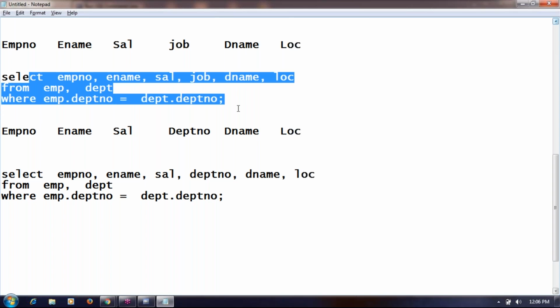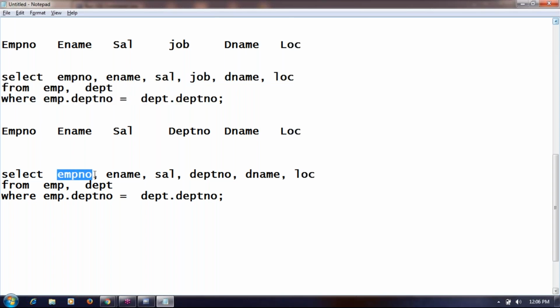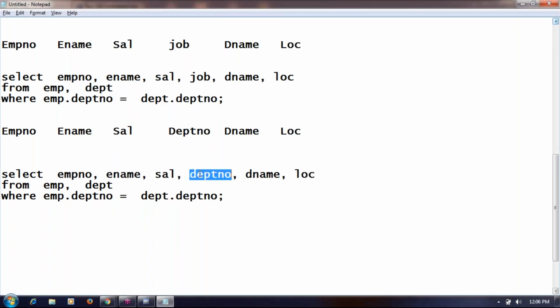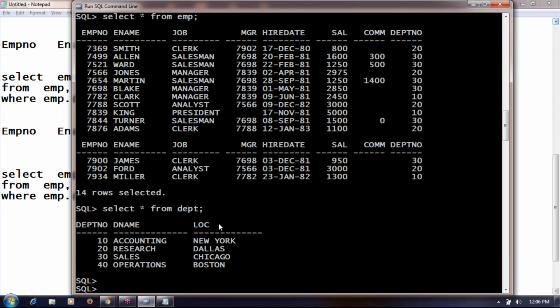Yes. Now coming to this query, employee number is searched in two tables. It is available only in one table. Employee name is searched in two tables. Salary will be searched in two tables. But the point is, department number is searched in the employee table: available. It is also searched in the department table: yes, it is available. When a column is available in both the tables, then ambiguity. Oracle Engine cannot understand from which table it should display the data. So you get an error, column ambiguously defined.